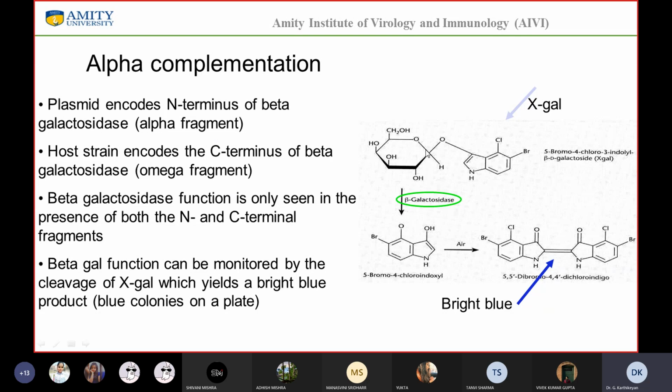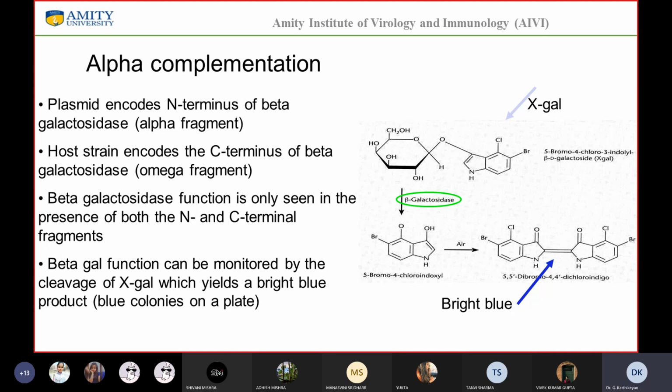Now instead of lactose, see, the ideal substrate for beta-galactosidase is lactose, right? This is an artificial substrate, which the enzyme takes up and breaks down into two products. One is called 5-bromo 4-chloroindoxyl, and when this gets exposed to air, since we are not leaving the petri dishes in an anaerobic chamber but only outside, air is permeating, and that converts it into 5,5'-dibromo 4,4'-dichloro indigo, and this is what gives you the blue color. So along with ampicillin in your petri dish,